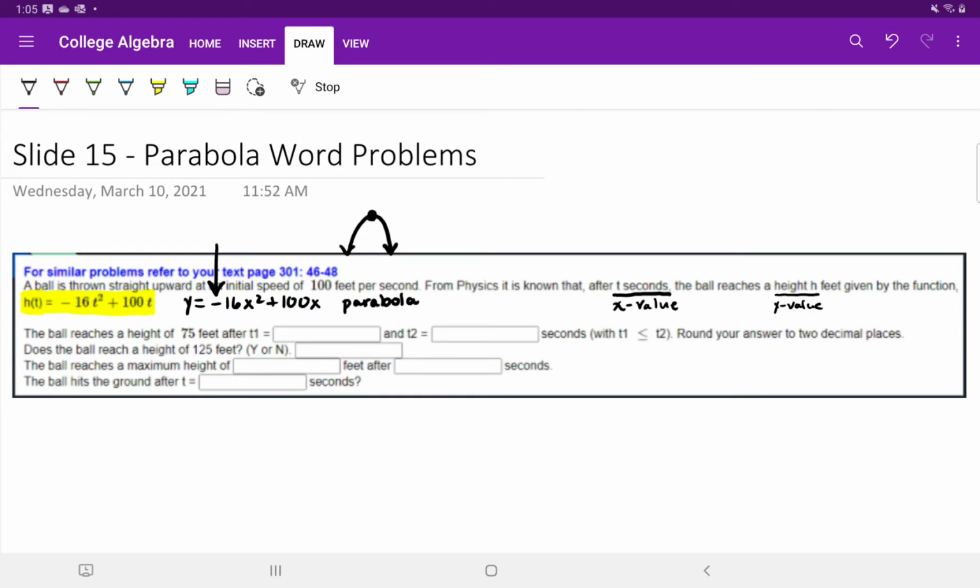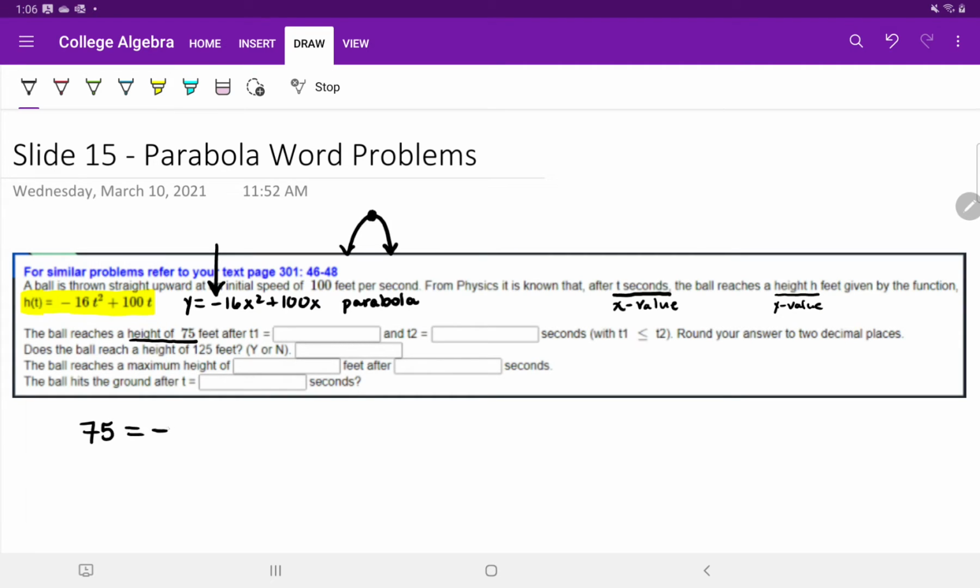It says the ball reaches a height of 75 feet after what times? Don't let some of this notation with T1 and T2 confuse you. It just means we're going to have two answers, a first answer and a second answer. So if they say a ball reaches a height of 75, they're asking us to put 75 in for h. The height is 75. So we would rewrite